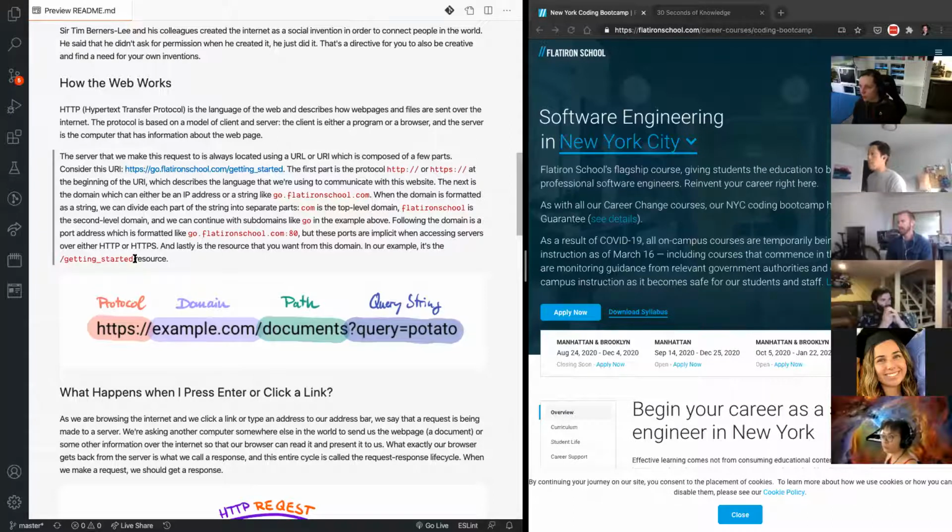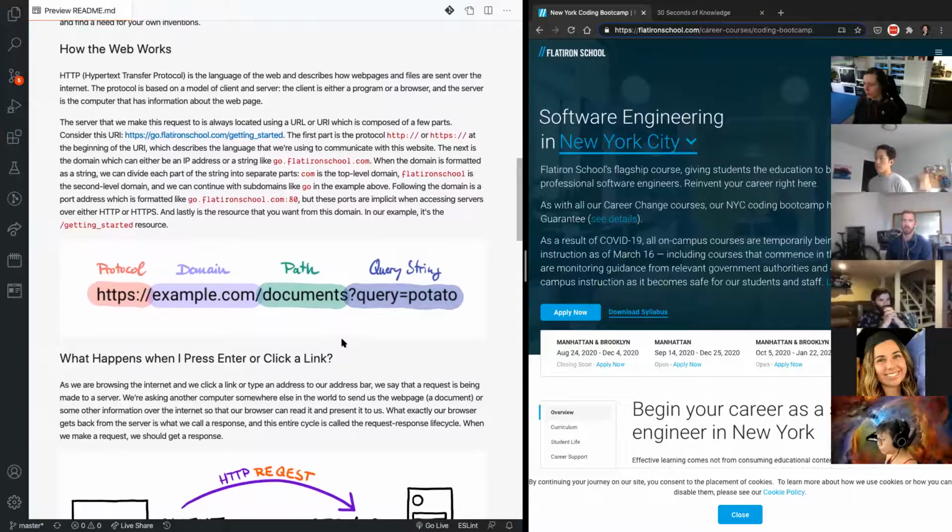Let's see, yeah, it's called a resource. There are different names for it. This is a more specific explanation essentially of where exactly we want to go. So which subpage do we want to go to? And then the last part, this is also optional. A lot of times, this is not something that you would type into a URL bar. You have this query string, but this is something that you are going to be using in programming.